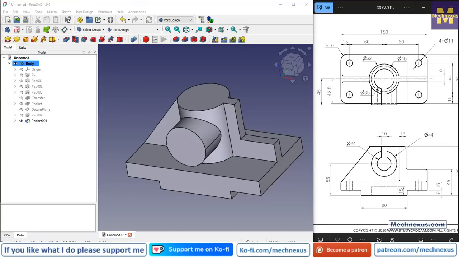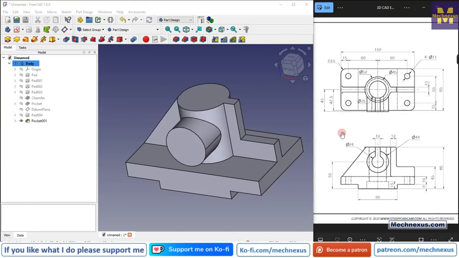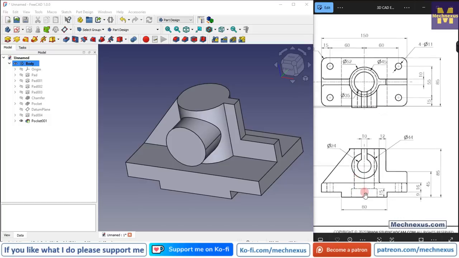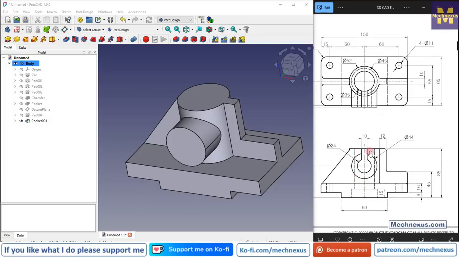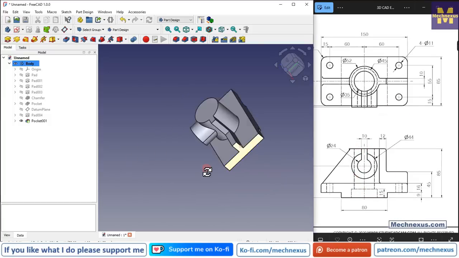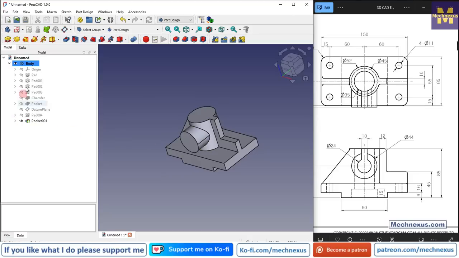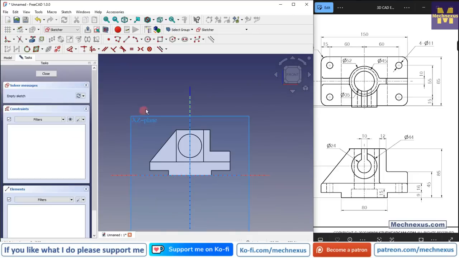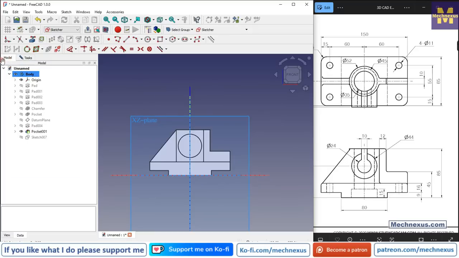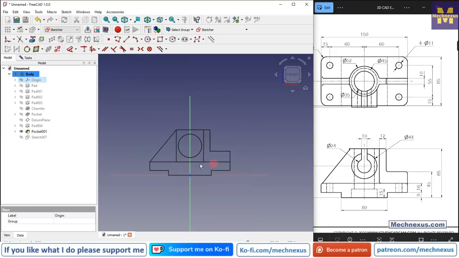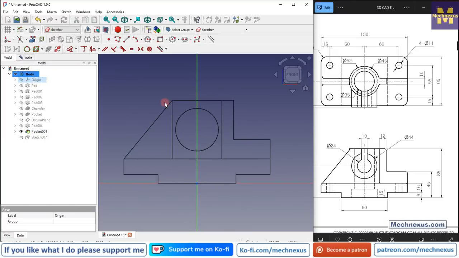Now if we see our model here in a hidden view, there is a groove which is a revolve cut. So we will, on the origin plane, select the exact plane and click on the sketch. Now here I will switch to the wireframe and hide this origin plane, and now I will